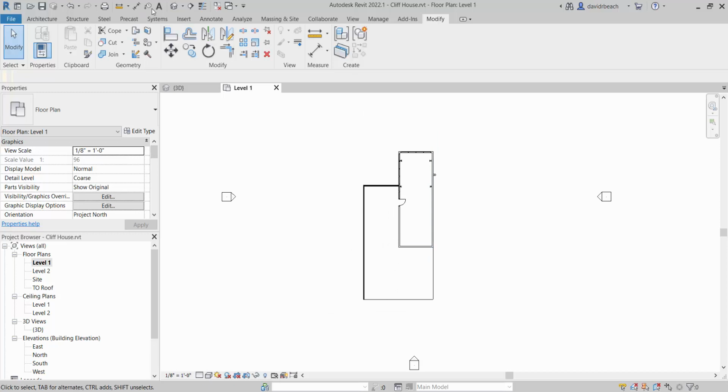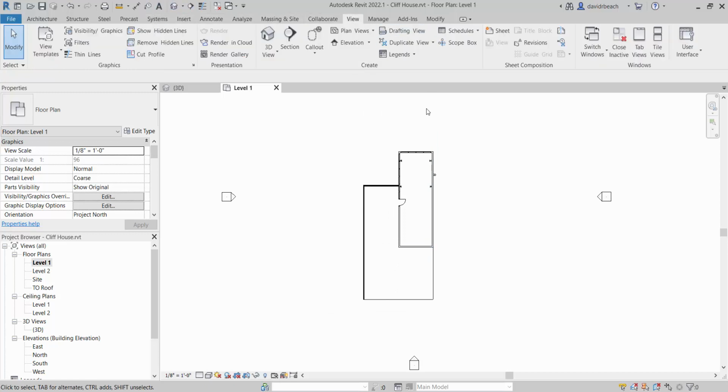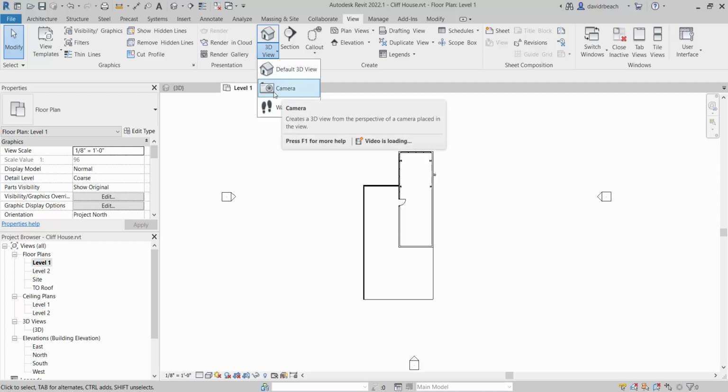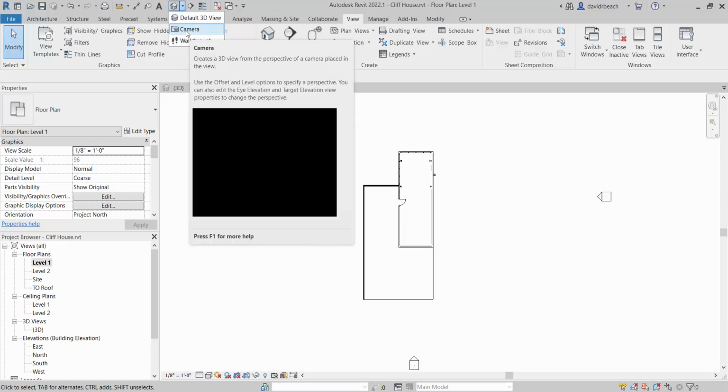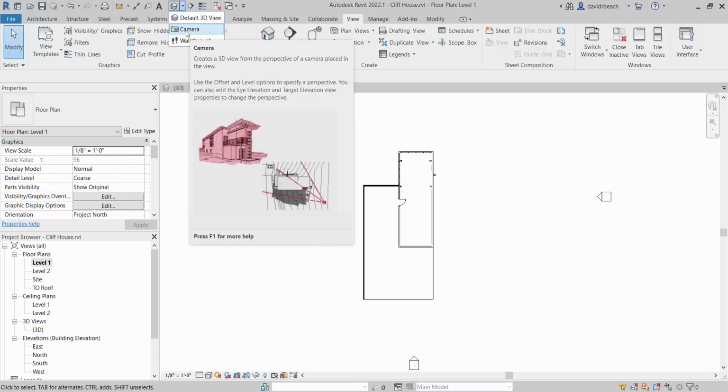And I'm going to go to View. And underneath my 3D view, anytime I have that little arrow, remember I've got more options. And I'm going to go to Camera. The other location you can find this is right here, this default 3D view button. The little down arrow right beside it also is Camera. Okay, so anytime I am setting up